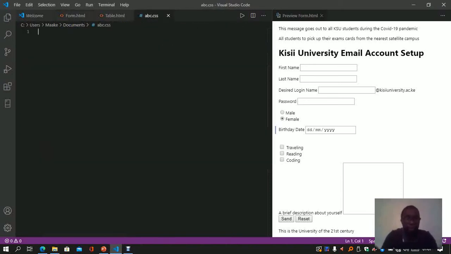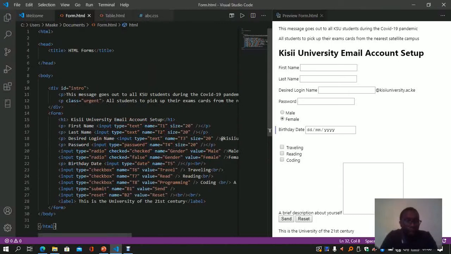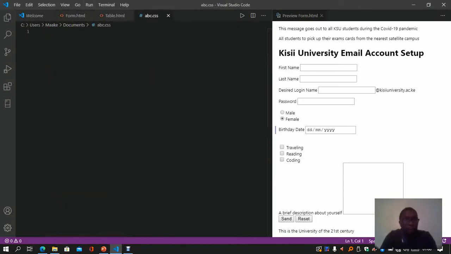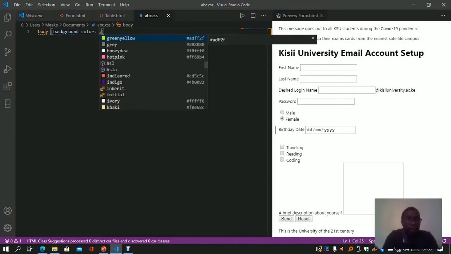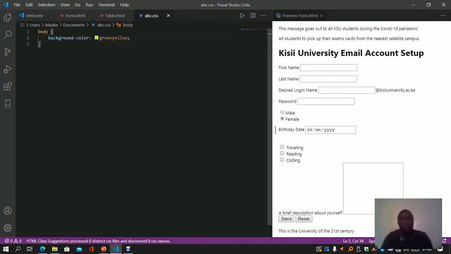Now the first thing I'm going to do, I'm just going to see if I can. Here we have a body here. So let me just use the body to try. The body is going to be the selector, and then we're going to have background color. We can have the green yellow. Now this green yellow is supposed to, we need to save that, and then we need to see whether